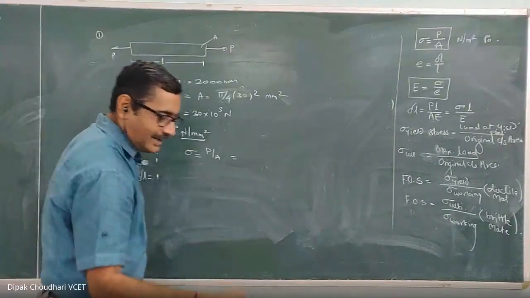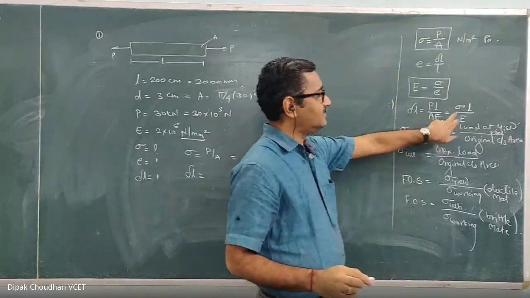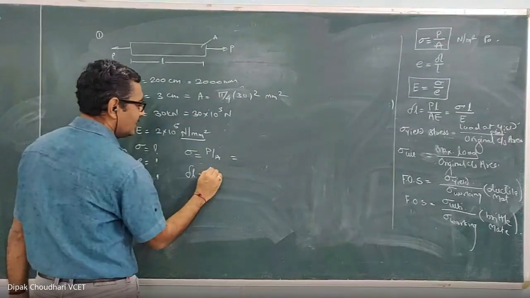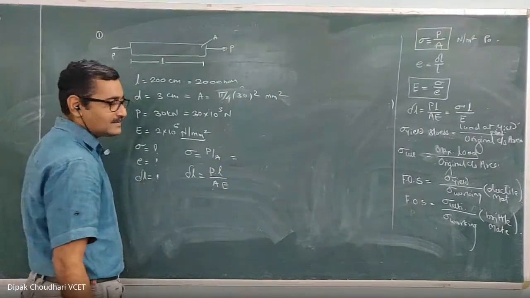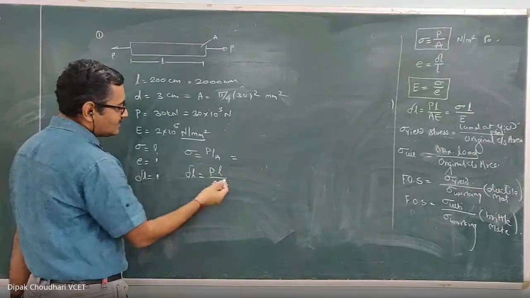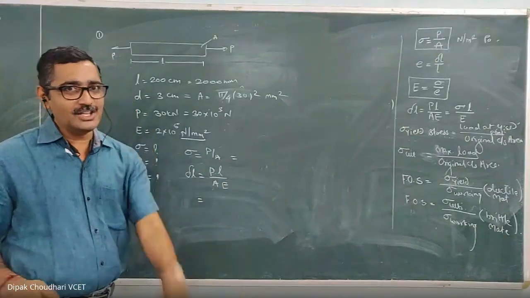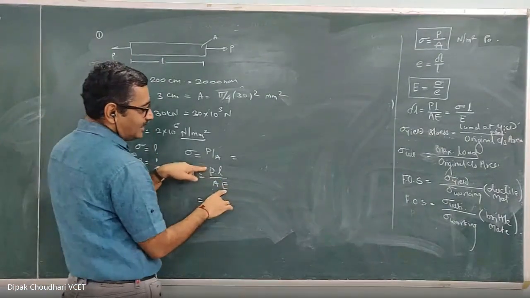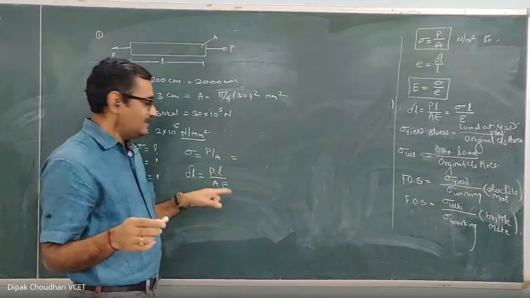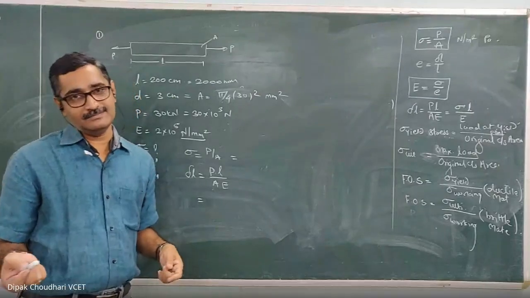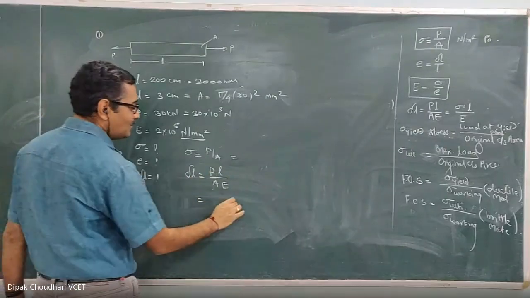The other method that I will suggest, use this formula: delta L, deformation of the material, is equal to PL upon AE. Everything is known to you, P, L, A and E. All these values are known to you, just substitute to get the value. Remember one thing, in this formula the equation should be dimensionally homogeneous. Means if P is in Newton, E must be in Newton. If L and A are in millimeter, then E must be in Newton per millimeter square. Now substitute the value, you will get this delta L.